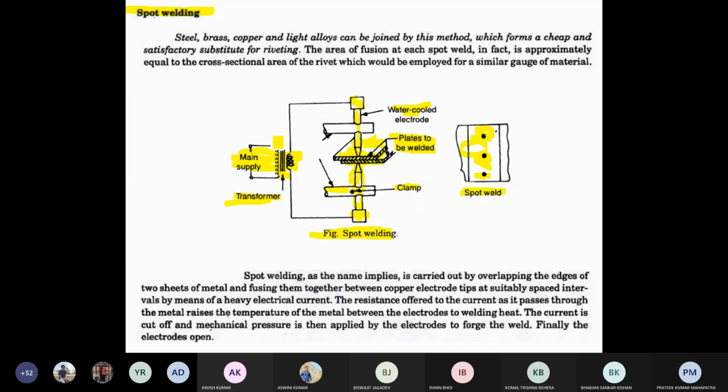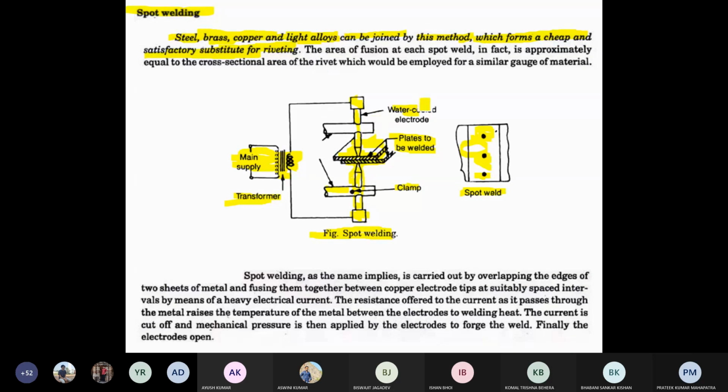So what is written here: steel, brass, copper, for example, and light alloys. Normally these can be joined by this method, where you use spot welding for joining them. So what are the metals? Steel, brass, copper, and the light alloys. This method forms a cheap and satisfactory substitute of